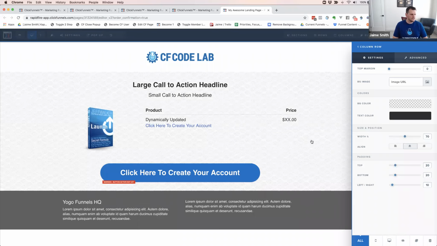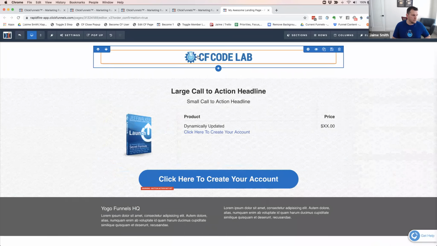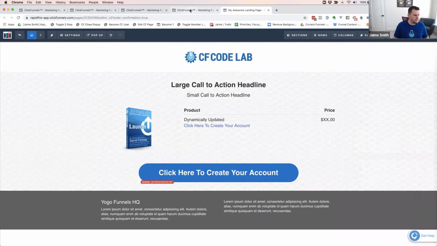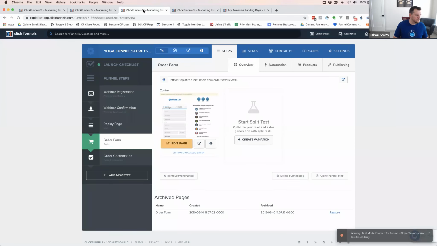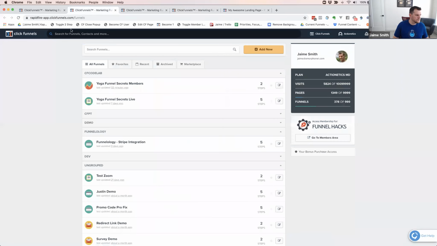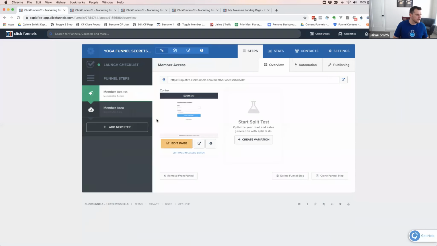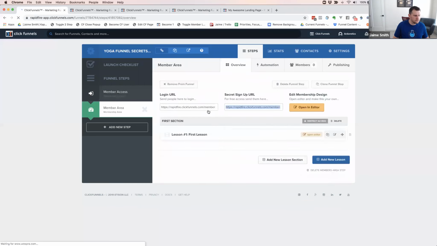So that's how I kind of like to do buttons. And then what we want to do is grab our URL for our members area. Let's get the right tab here. We've got it open somewhere. There we go. If I'm going to build a button on the thank you page, because this is what people are going to see to create